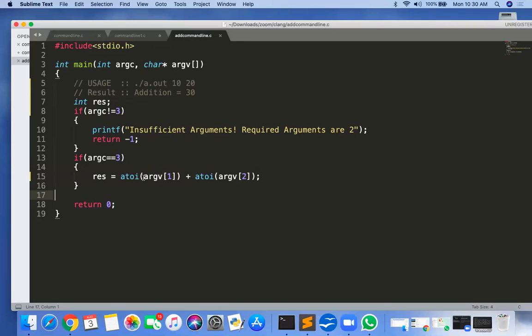So the string 10's equivalent integer is 10, and the string 20's equivalent integer is 20. So the atoi function is converting the string to integer. A means character, I means integer. atoi, string to integer. And we are printing this res.